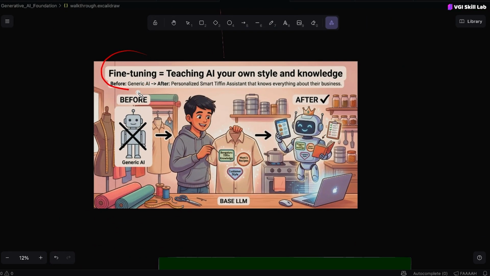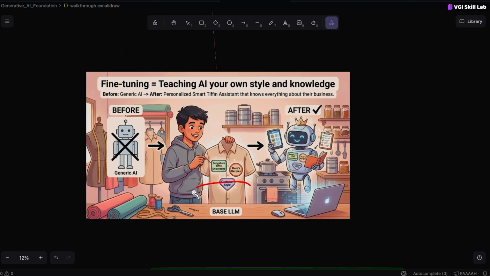Now there is another thing which is called fine tuning. Fine tuning means you have a base LLM model. What is an LLM? An LLM is a generative AI model. So it could be an LLM, VLM, or SLM, anything. You pick up your base LLM model, and you have your base knowledge base. What is your knowledge base? Simply your data. You want to train your LLM model so that it can work in your own style. That is called fine tuning. Fine tuning means teaching your AI model with your own knowledge, with your own data, so that it can respond according to your way.